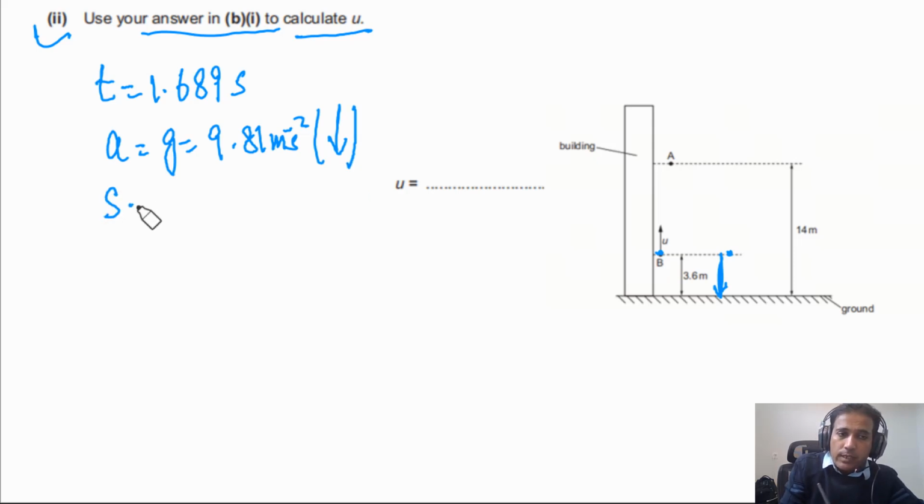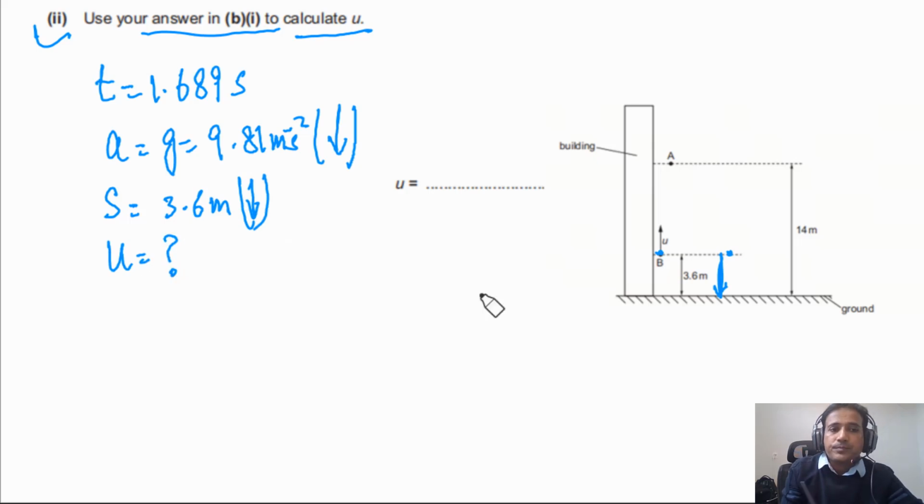So we can also write on s, vertical displacement, this is equal to 3.6 meters. This is also in downward direction. So we need to find u. So this is what you need to find out. And so how we can find out this value of u. To find the value of u, we can simply use s is equal to ut plus